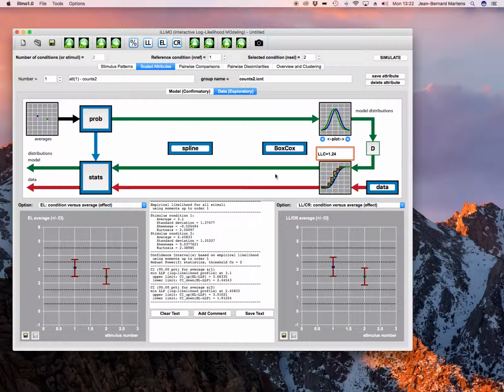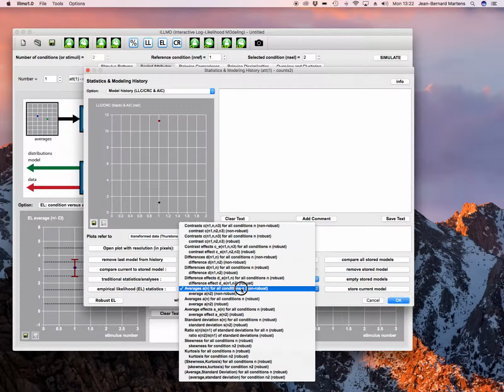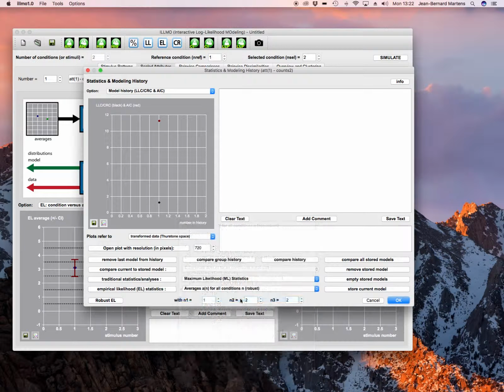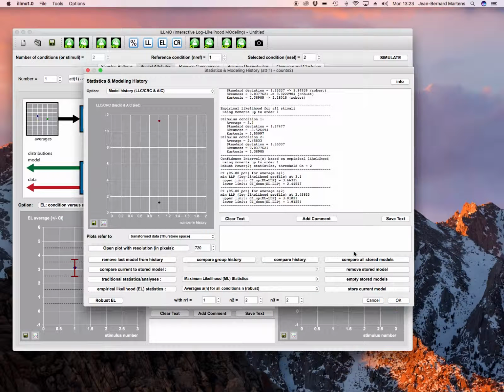One of the advantages of empirical likelihood is that you can also make what is called a robust estimate, which means that you use a statistic which is much more insensitive than Gaussian statistics to outliers, so values that differ more than 3 standard deviations from the average. So there are some parameters for this empirical likelihood, so there's a number of options that you could choose. So we chose one of these options, and we create